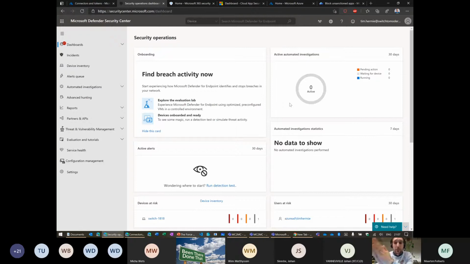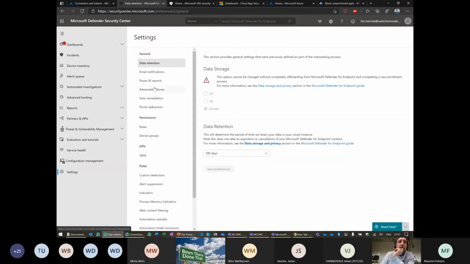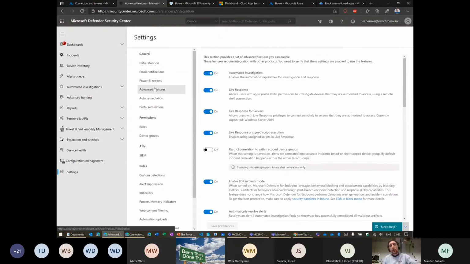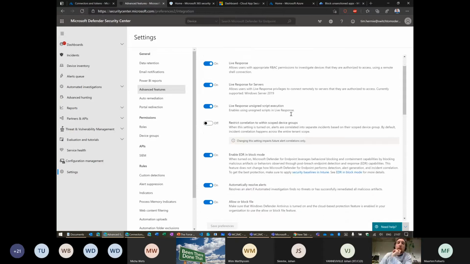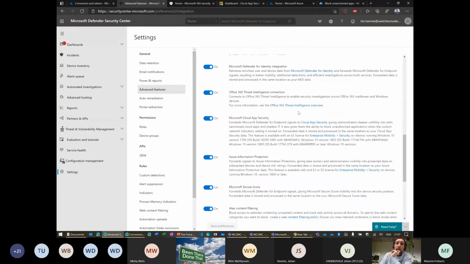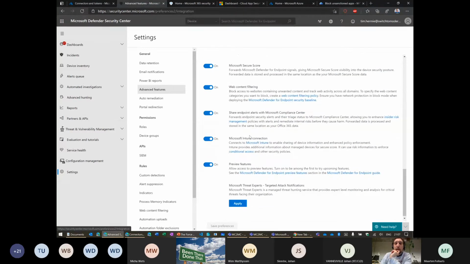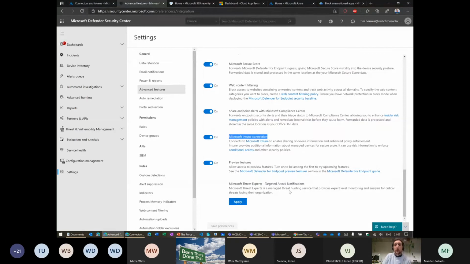Is it connected with Intune now? No, it's not connected with Intune now, so we're not finished yet. The first thing we're going to do here is go to settings and to advanced features. And I'm going to go over all these settings in a bit. And if you spin up an empty Defender security center tenant, you will see that a lot of these will be flipped off. One of these is the Intune connection that we can see here. So if we want to connect Defender with Intune, we're going to flip the switch and we're going to save. That's all we're going to do.